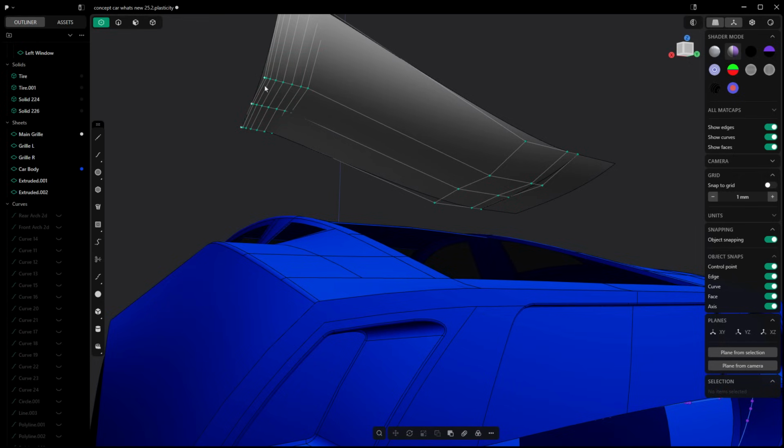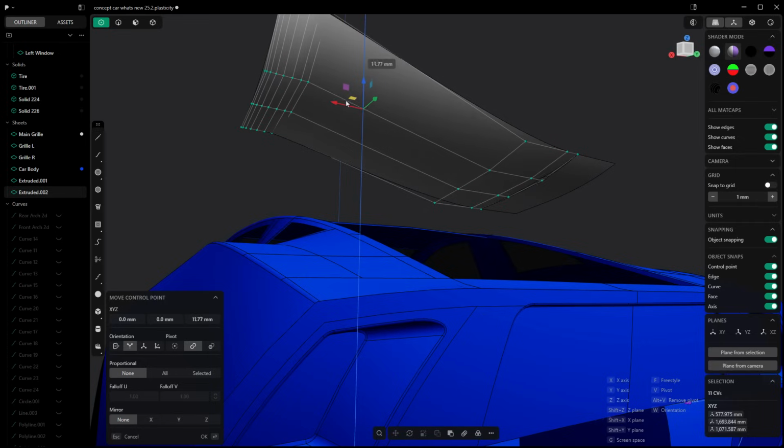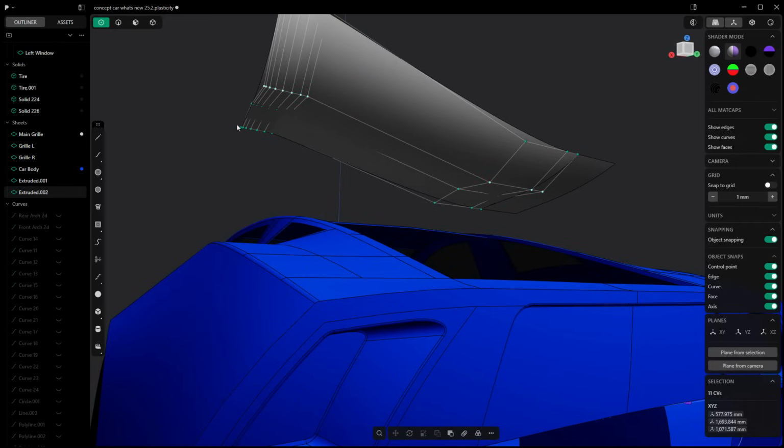Well, now we have the ability to hold down Alt, and what we can actually do is select the entire chain or row of these CVs, and that greatly improves our ability to modify these designs quickly. So if you've just got a design with a couple of CVs, it's probably not a big deal, but if you've got a complex shape that you're dealing with, then having the ability to hold down Alt,